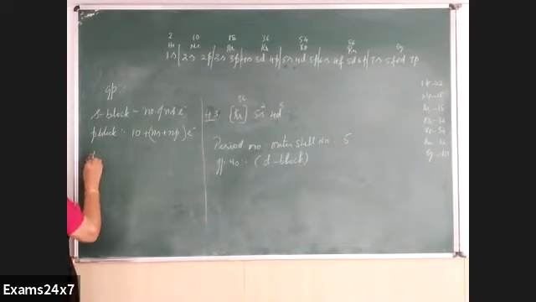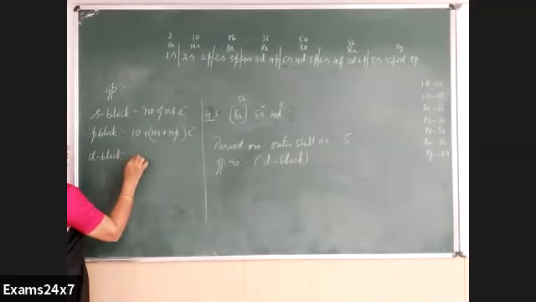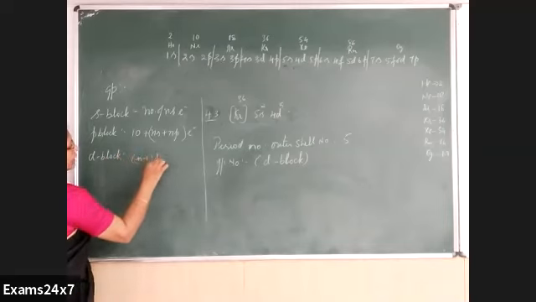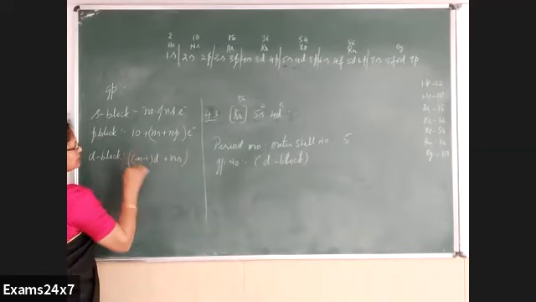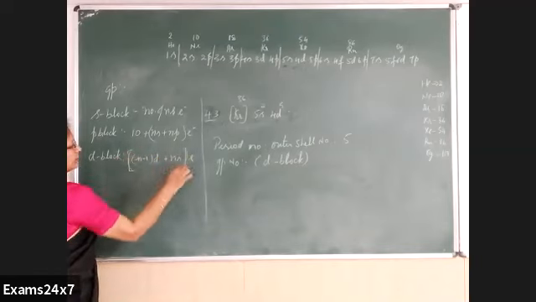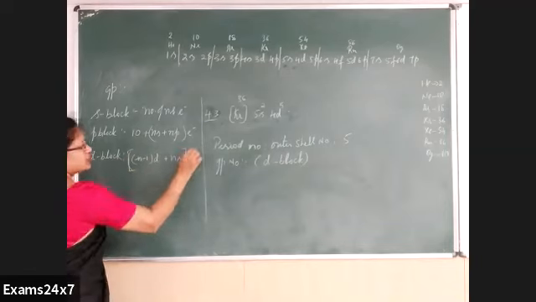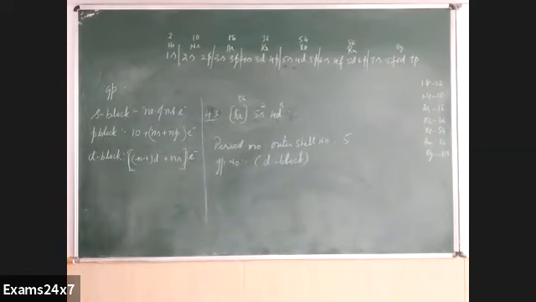If it belongs to d block, then the electrons of (n-1)d and ns together say the group number. F block, what is the group number? Is there any group number for f block? It is a continuation of the third group. Lanthanum, actinium continue there. So there is no group number for f block. It is the third group. It continues after the third group. F block. So this much you must remember.